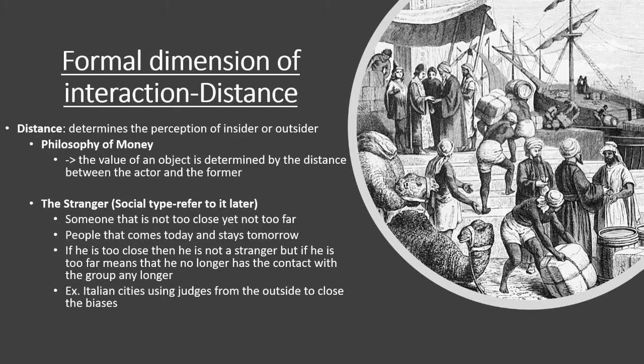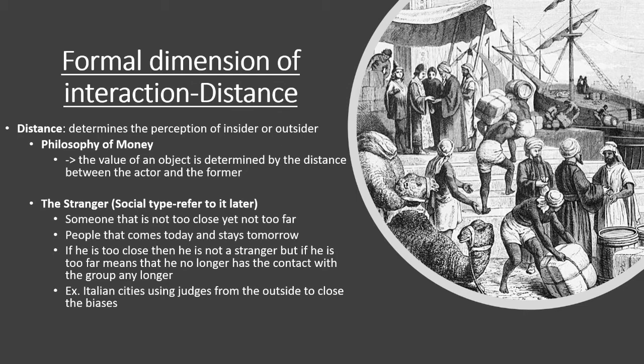Now we are moving to distance and how it affects or creates social interactions. The relation of distance would determine the perception of an insider or an outsider between people and other people or people and things. This is very relatable to his philosophy of money and the stranger, to which I will be talking later on in the next video. Nonetheless, I will be explaining the philosophy of money and the stranger in the most general